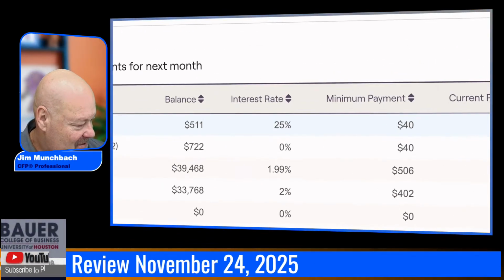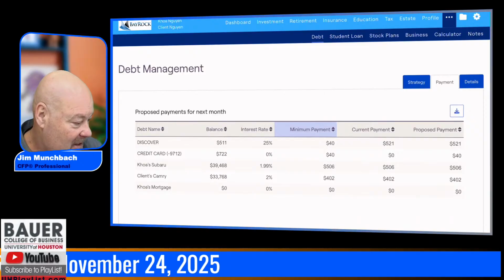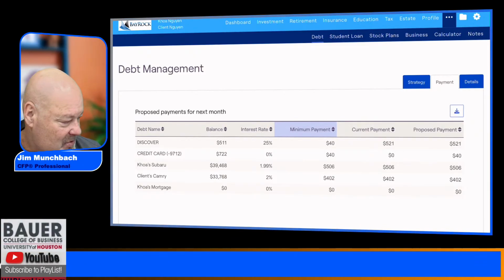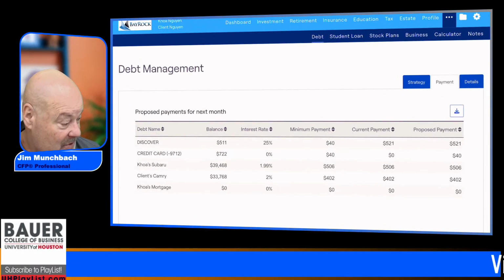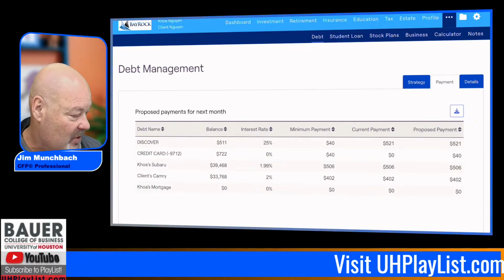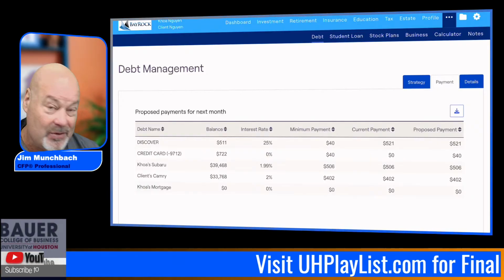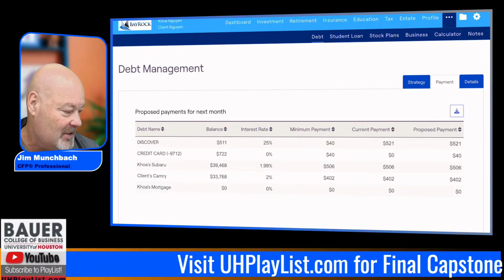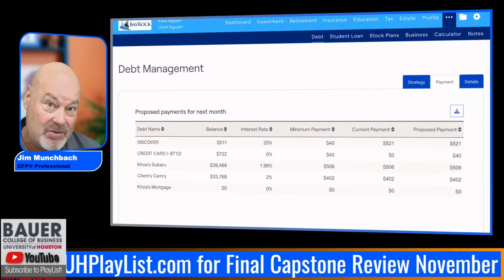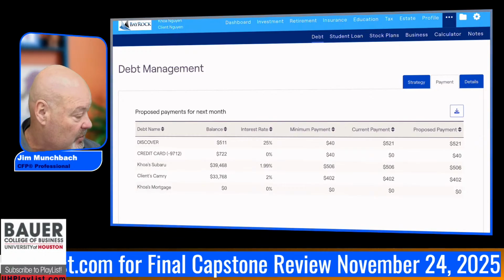Your credit card 0%. I'm not sure where you get these interest rates, but your mortgage has 000. So you need to do some work on your plan. This tutorial was not intended to help you go from 0 to 100. It was to help you figure out what you were stuck on. But where you're stuck is you need to go back and do some work on your plan.